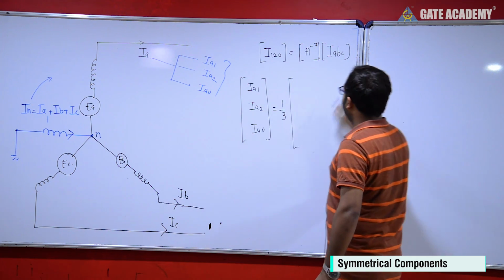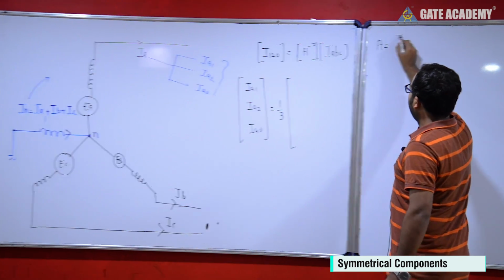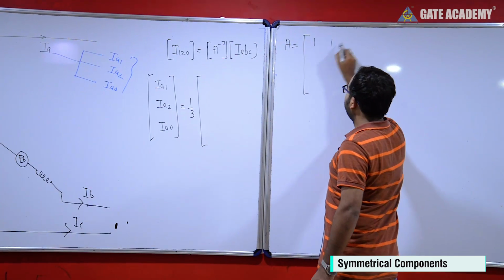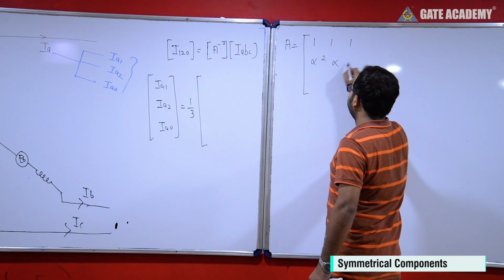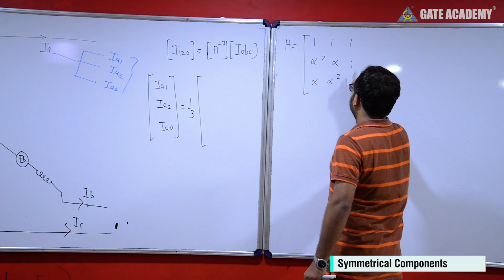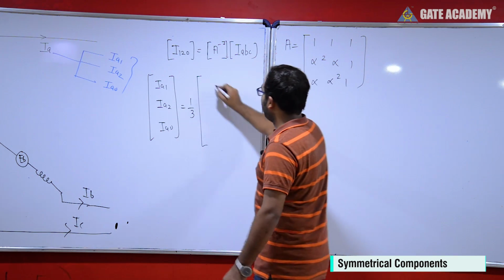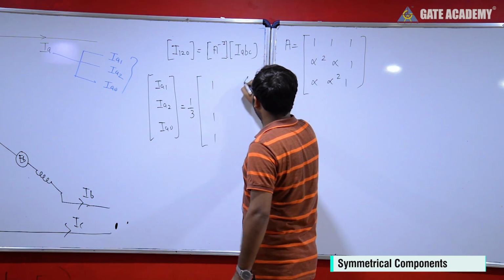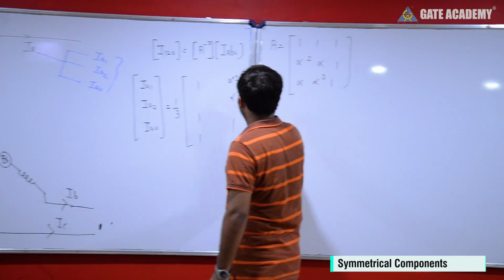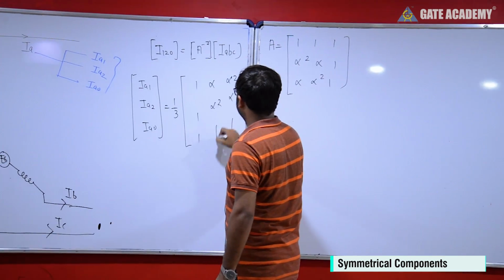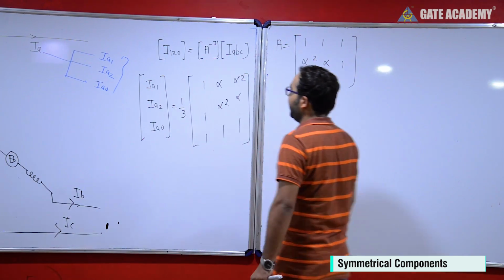So what is the value of A? If you want to find A inverse, you need to know A. So the value of A is given like this. The A inverse will be first row first column, second row third column, third row second column. So we can say the value of IA1 equal to